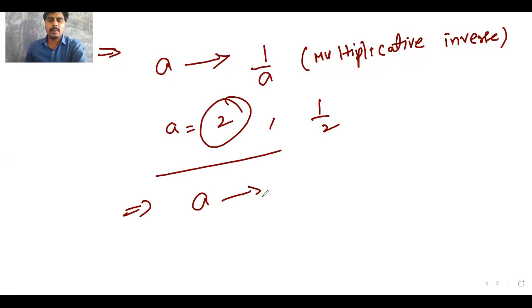Suppose if a is a rational number, minus a is the additive inverse of a. So suppose if you take a is equals to 2, then what is the additive inverse of 2? That is minus 2. Okay, clear? Right? Next bit we shall see. Get into the one more bit.